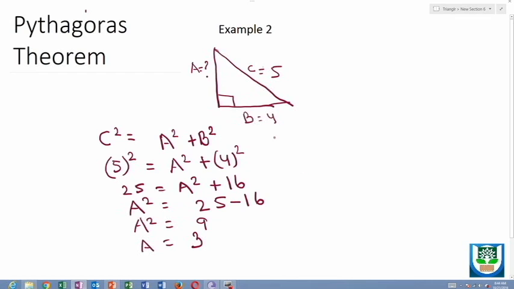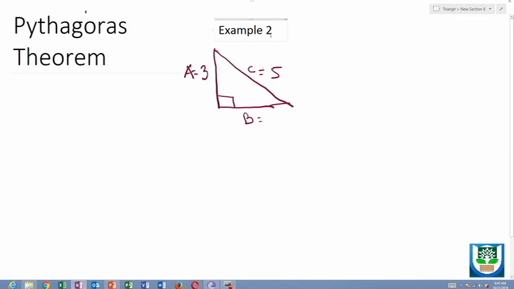And this is the side that we have found, the perpendicular side. Earlier in example 1 we found the hypotenuse side. Now in example 3 I am going to explain how to find the base side. Now friends, let's say we come into example 3. In this example 3 we are given that the perpendicular side is 3, that is A, and hypotenuse C is 5. Now we do not know what the base side is, so we need to find it out.